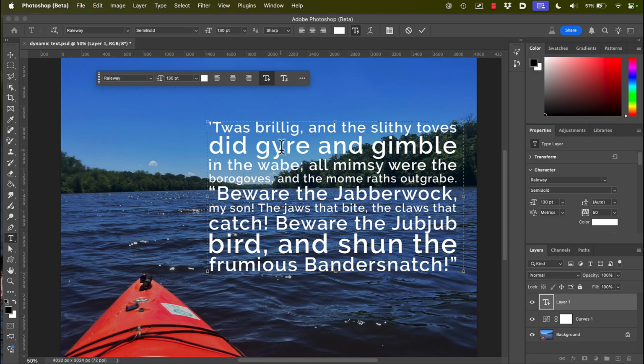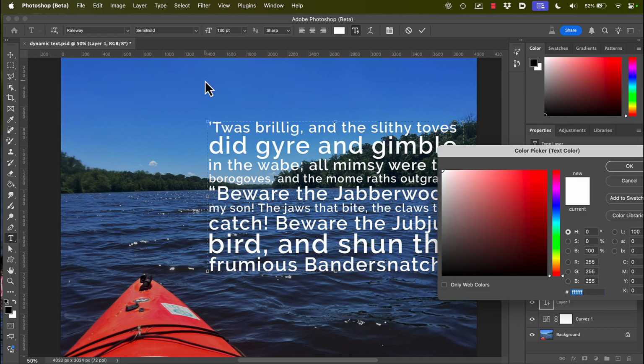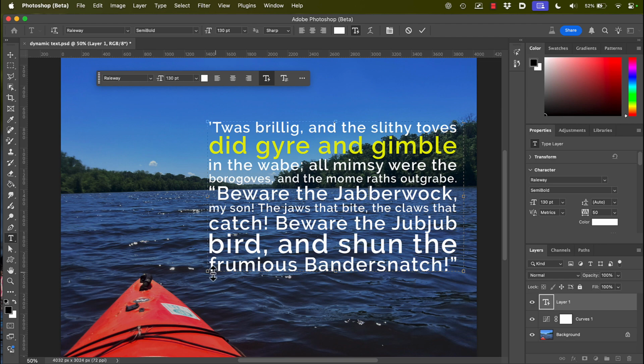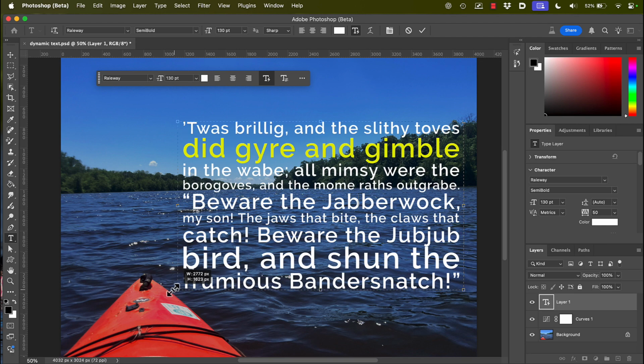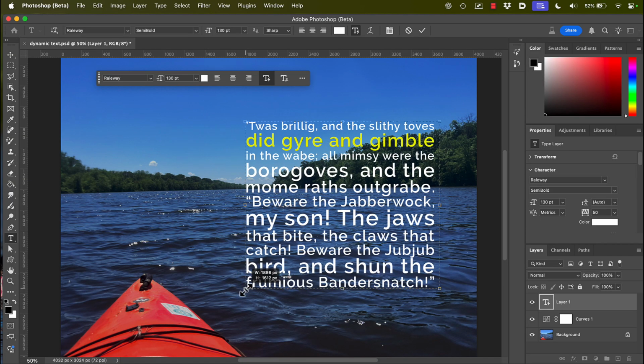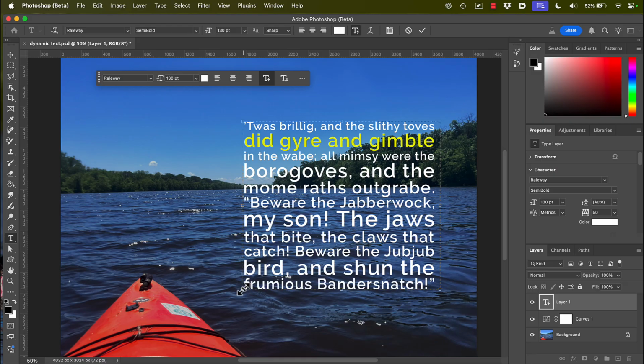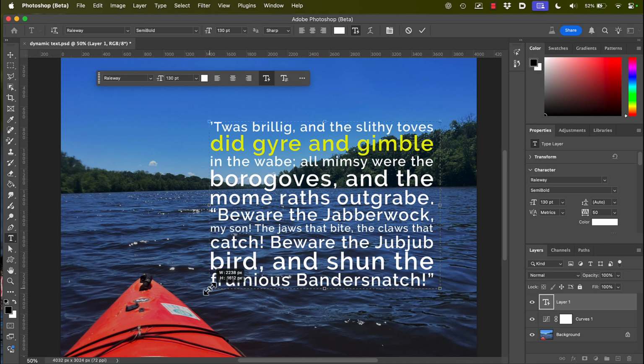And now let me go and grab this line of text. And I'm going to do the same thing as I did before. I'm going to make that bright yellow. So I've got that. Now I'm going to resize this text box, and look at that. It remains together, even if I make it really narrow. So if it's really narrow or really wide, it maintains it.